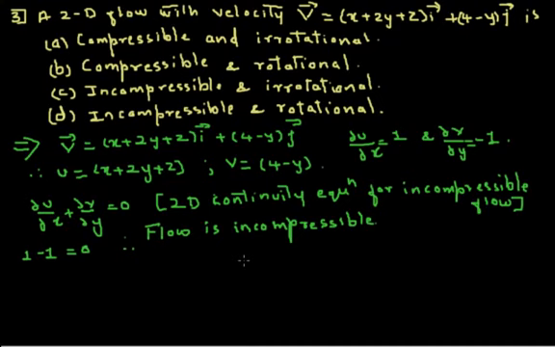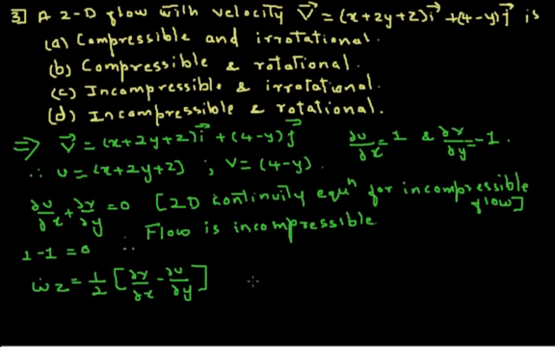Now secondly we will see whether the flow is rotational or irrotational. For that purpose we will find out the value of rotation about z axis, as the flow is taking place in the xy plane. So rotation about z axis is given as omega dot z is equal to half of del v by del x minus del u by del y. This is the expression for rotation about z axis.